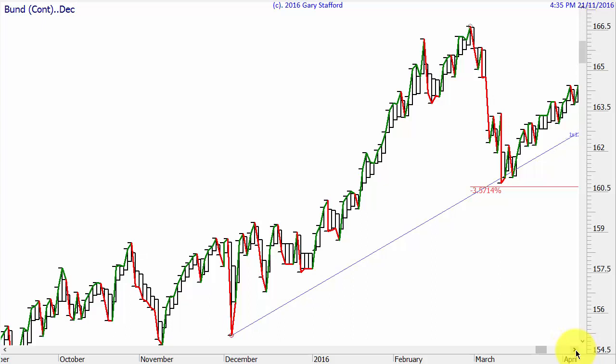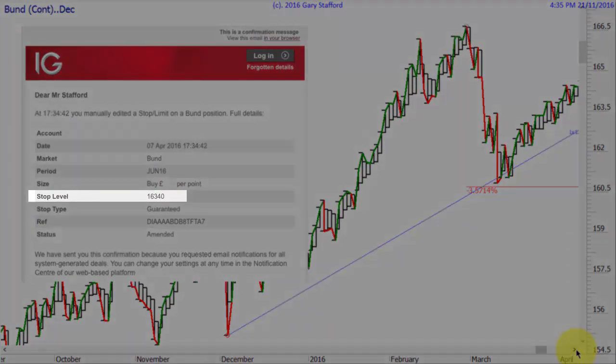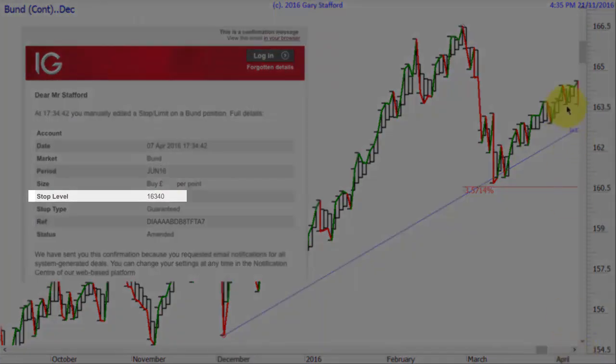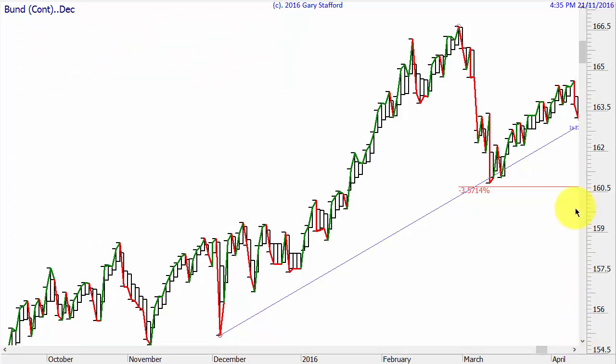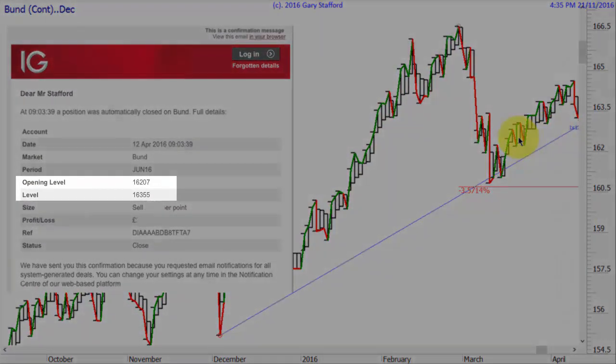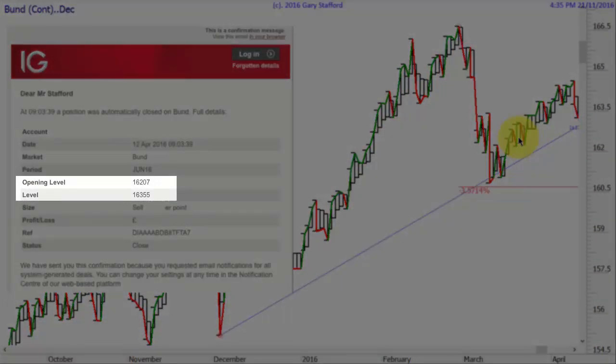Anyway, next day goes back up again, so I can now move my stop loss below this trend indicator line bottom to the next trend indicator line bottom. Next day we have an inside day, then we have an outside day, but my stop loss is still below this low here, so it would nearly get caught, and the next day my stop loss is caught here. So the question is, did I get out at the right time?